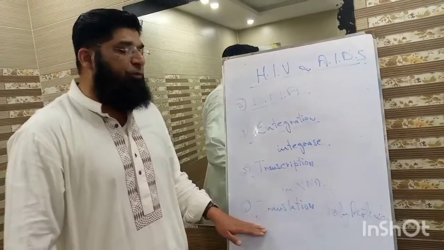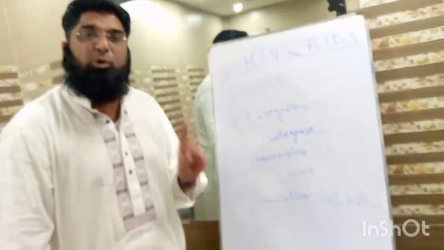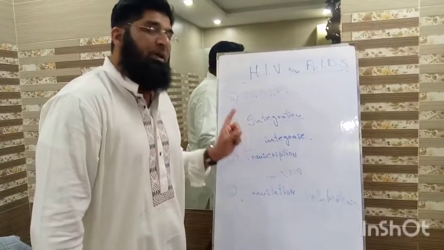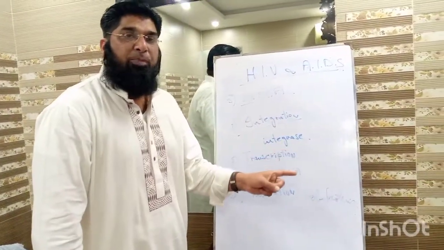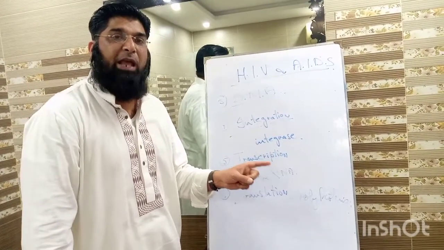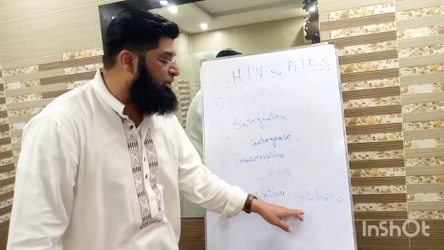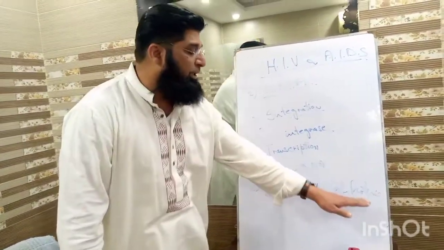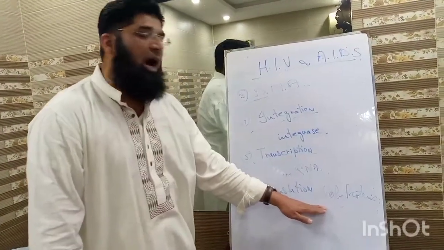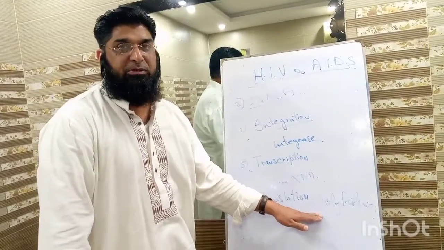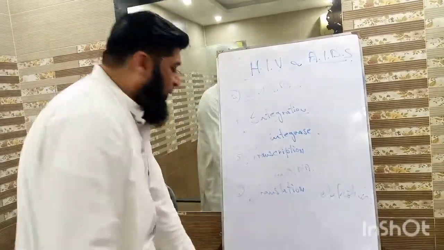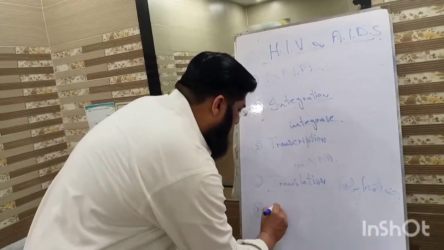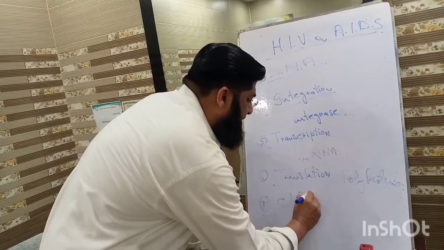In the stage of translation, the ribosomal RNA converts messenger RNA into proteins and enzyme combinations which are called polyproteins. Students, these polyproteins are the future viruses, and in the process of cleavage, which is the next step,